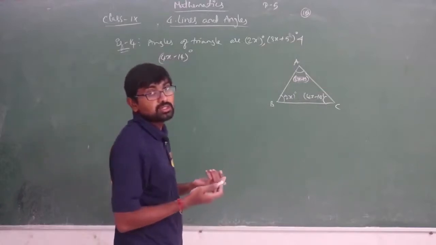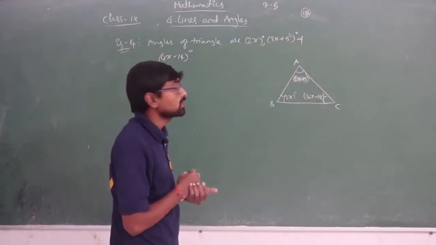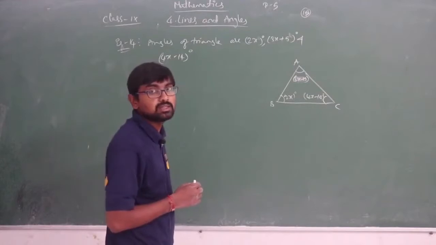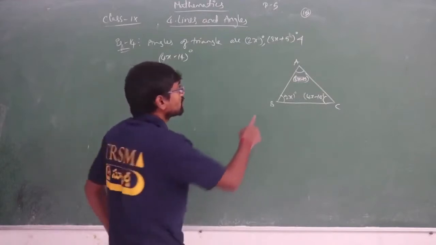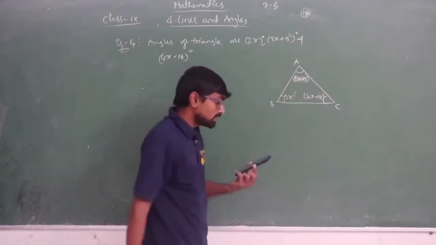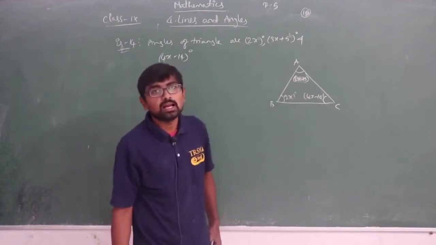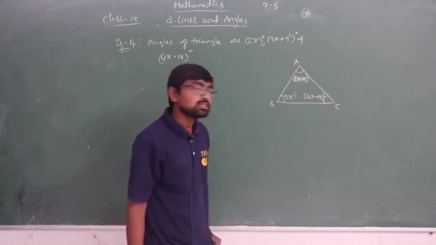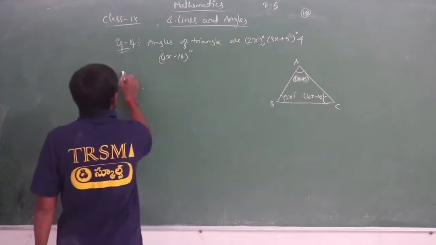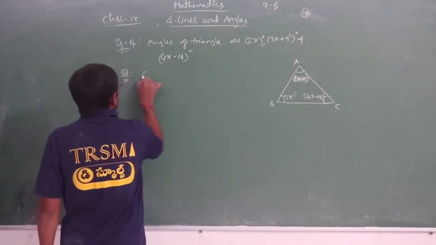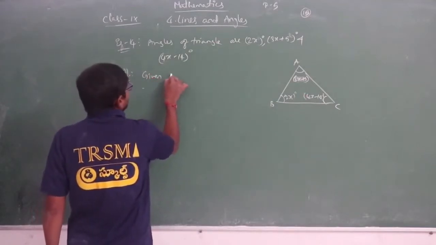Directly, the sum of interior angles of a triangle is equal to 180 degrees, isn't it? In a triangle, if you add the interior angles, how much will you get? You will get 180 degrees, isn't it? So, given a triangle,